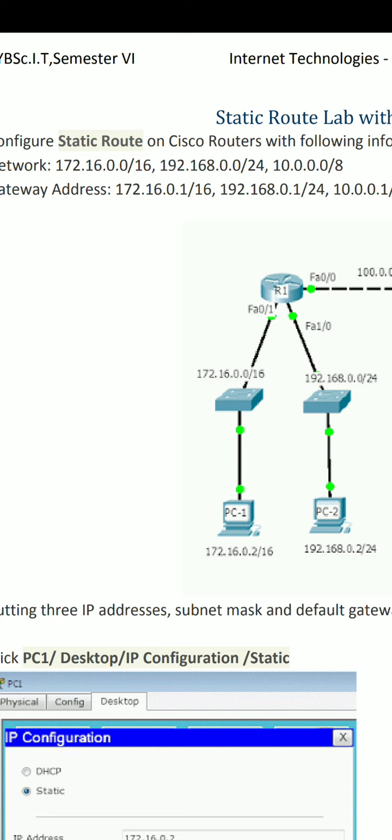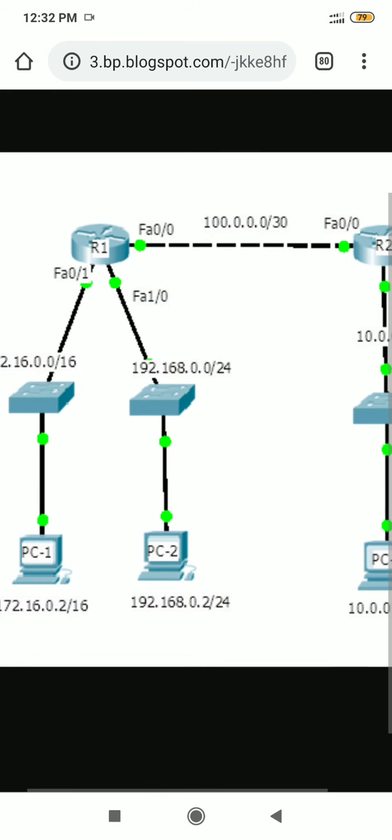By using these networks we can get IP addresses which we can assign to different devices within that network. Suppose we consider the first network, 172.16.0.0/16. This is the CIDR notation, and 16 represents the number of network identification bits. Depending on these bits we can decide the subnet mask for our network.